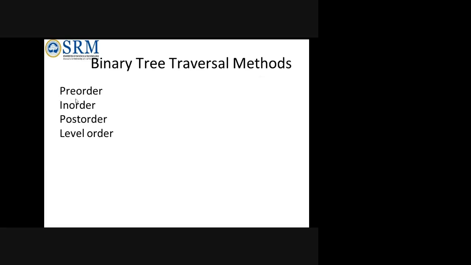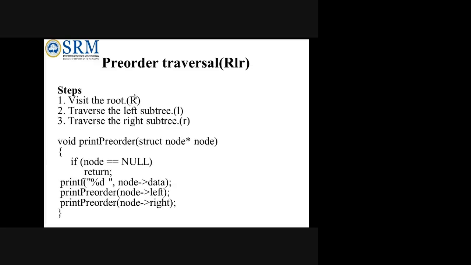From the names pre, in, post: pre means the root will always be first. You have to visit the root first, then the left child, then the right child. Left, right will be in order. You always go with root, left, right. If you're going for in-order, root will come in the middle. And if you're going for post-order, root will go last. Left and right follow the same rule: left first, then right.